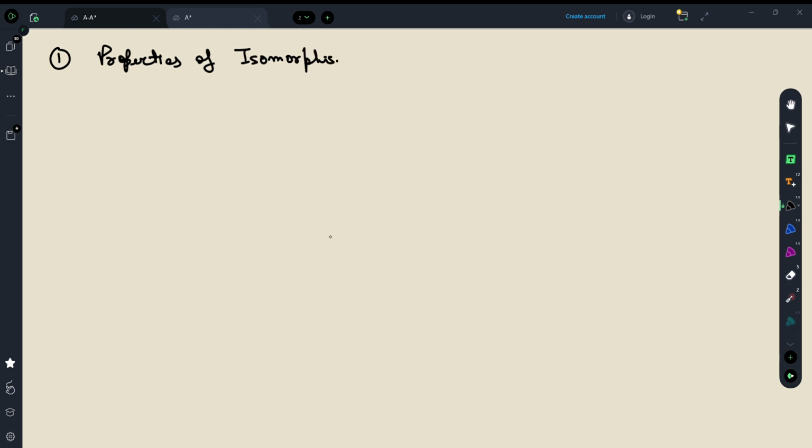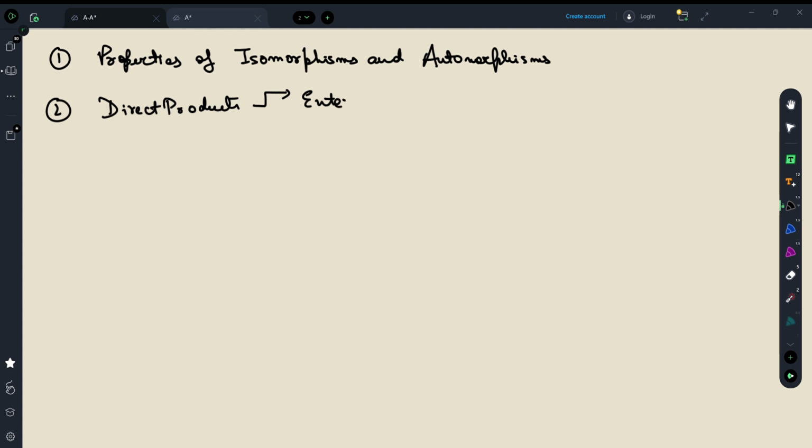and automorphisms. Okay, and the second thing which we are gonna introduce today is the concept of direct products. Under direct product, the first thing which we want to do is essentially introduce the concept of an external direct product,